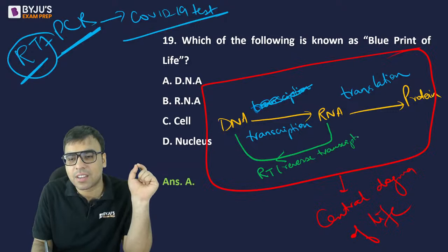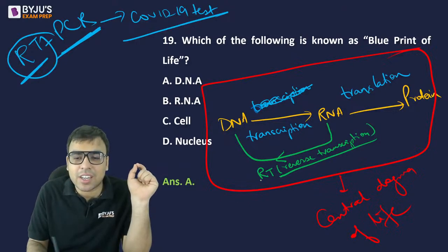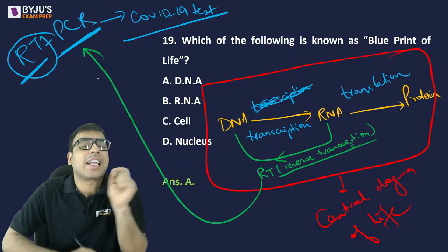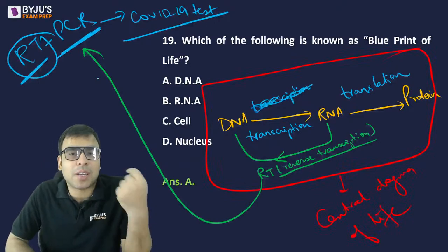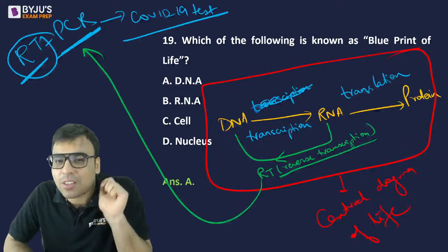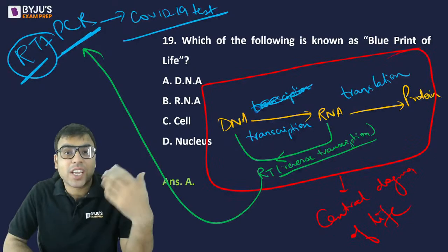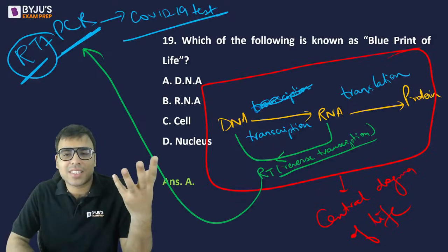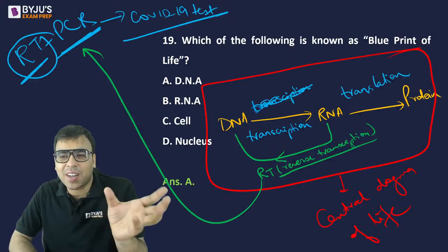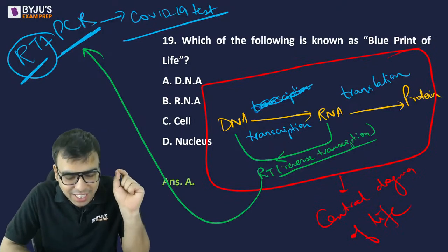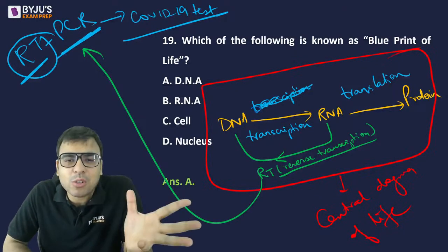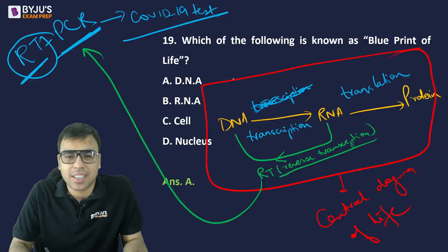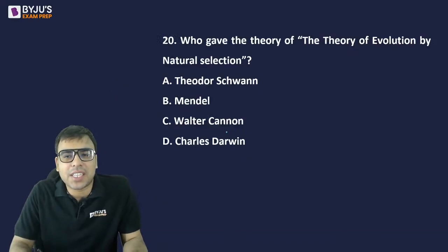Okay. So this idea is actually here. RT-PCR, reverse transcription polymerase chain reaction. The RT-PCR test of COVID-19 is done. ठीक है. तो ये काफी ज्यादा news में था in the last 2 years. DNA to RNA to protein and all. So that is why you should be knowing these things, है ना. तो इसलिए मैंने आपको थोड़ा सा extra बता दिया. Okay. Yes. So let's move on further to the next one.